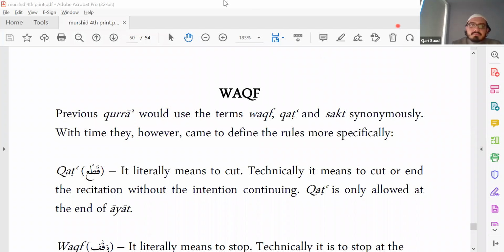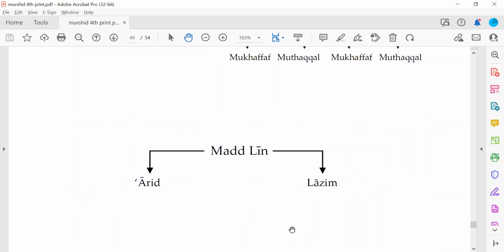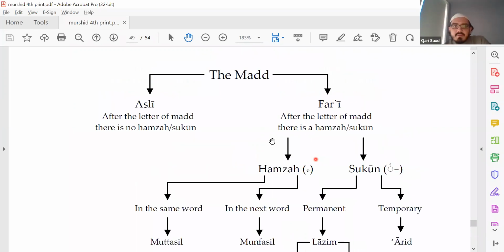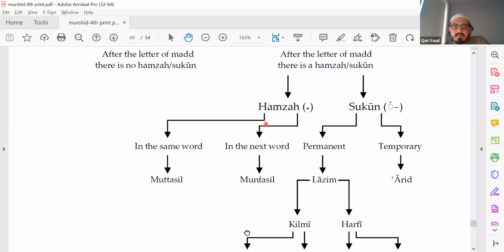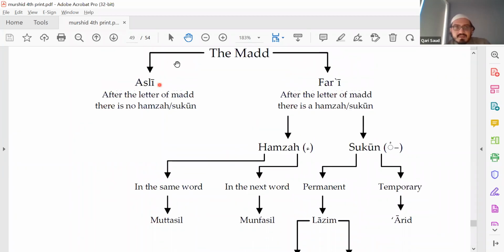Okay, thank you. Sheikh, just one question for you, please. Towards the end of Surah Fatiha, when we say Walad Dallin, we lengthen it long. Can you just explain that mad there, please? Yeah. So Walad Dallin, you can see here, it would be mad. So first of all, it's not asli, right? Because if I write it here, Dallin, okay.